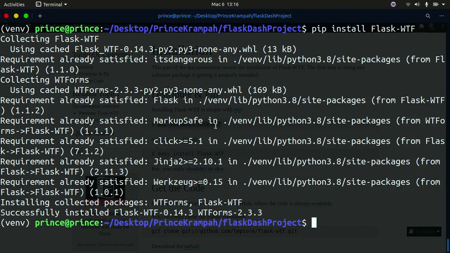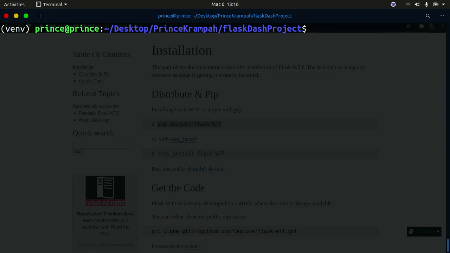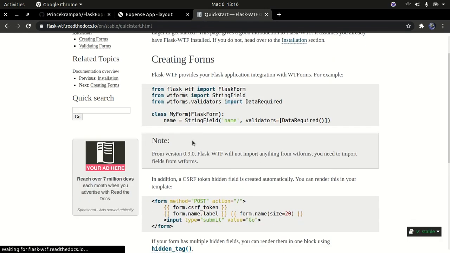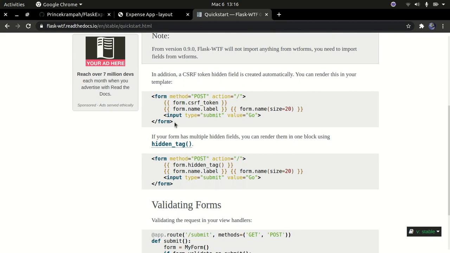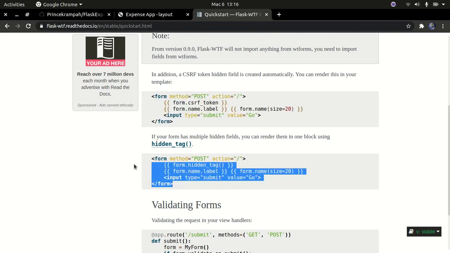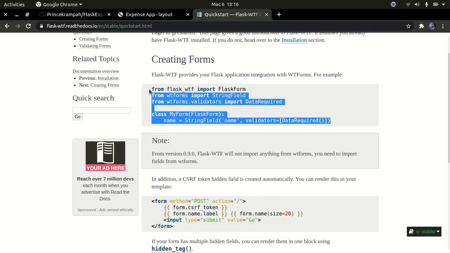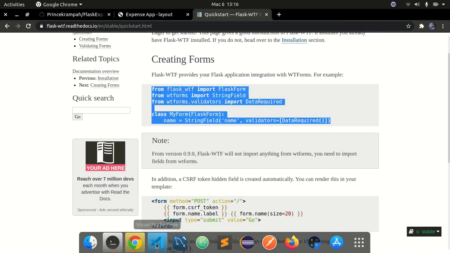Okay, so I'm just going to exit this, clear the terminal, and then I'm going back to the documentation, and then I can go back to quick start. So click on the quick start right here. This is what we need to do. So you need to import all of this, and then from this you can be able to create a simple form and then be able to render it in the UI. Okay, so now I'm just going to copy all of this, and then I'm going to move to our coding